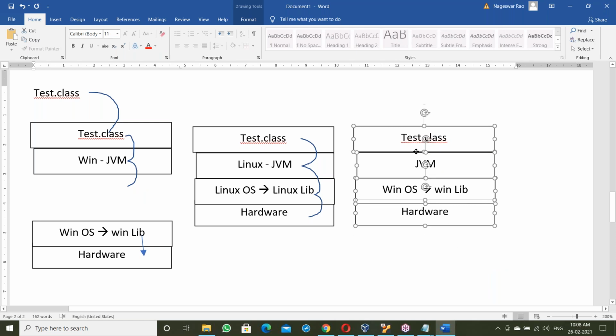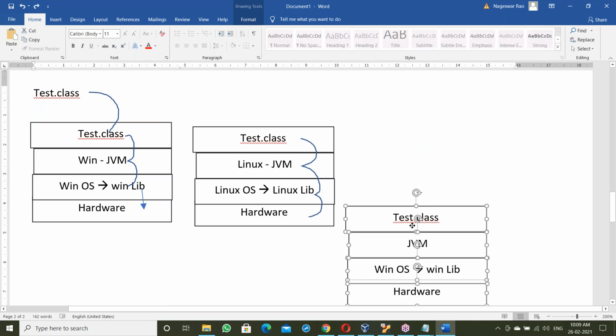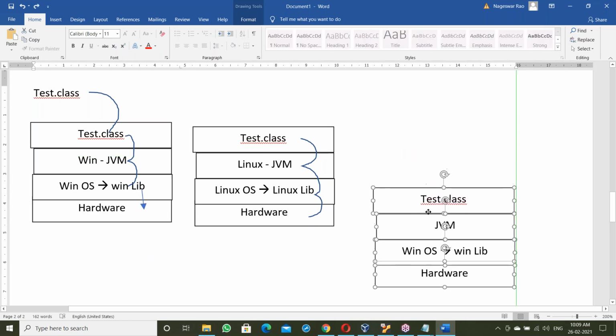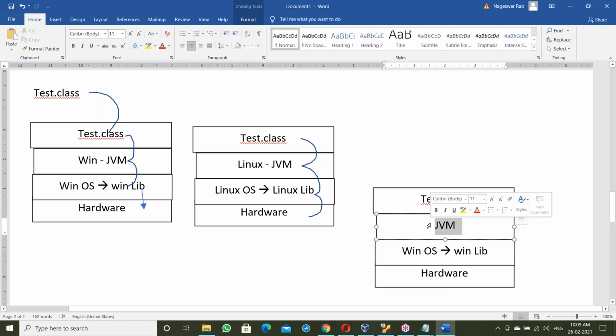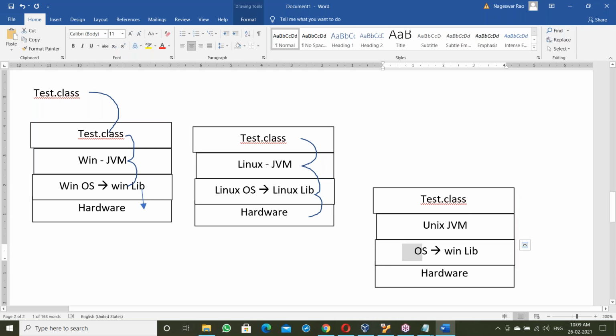Similarly, if it is a Unix base, then we have the Unix JVM, with the Unix library.